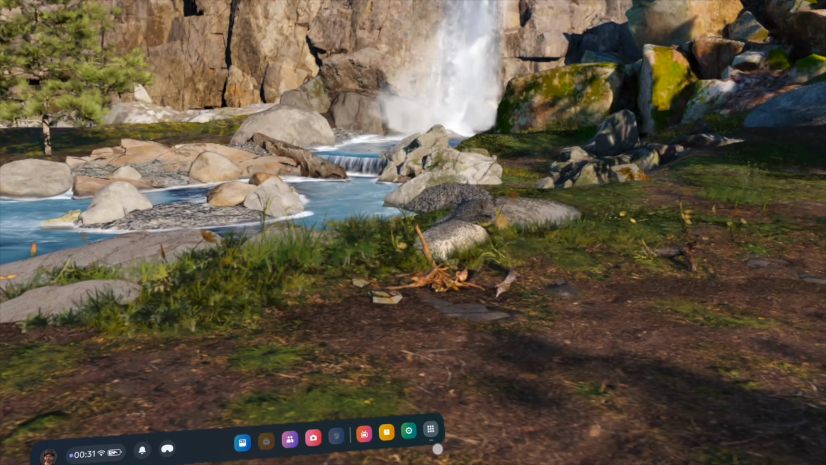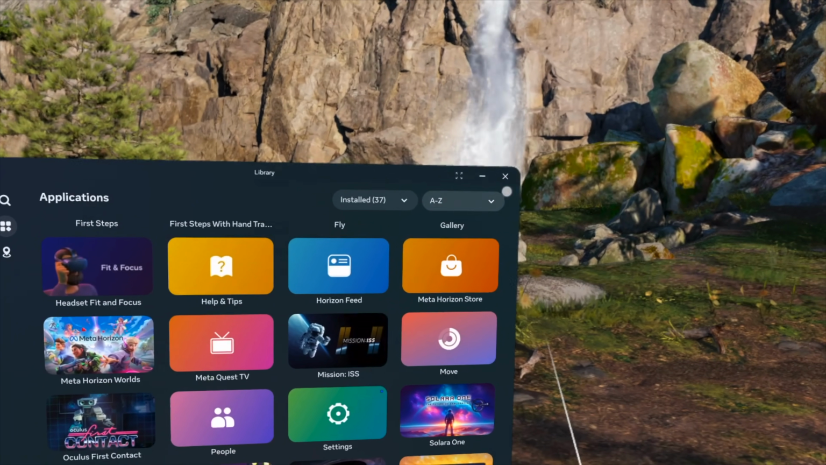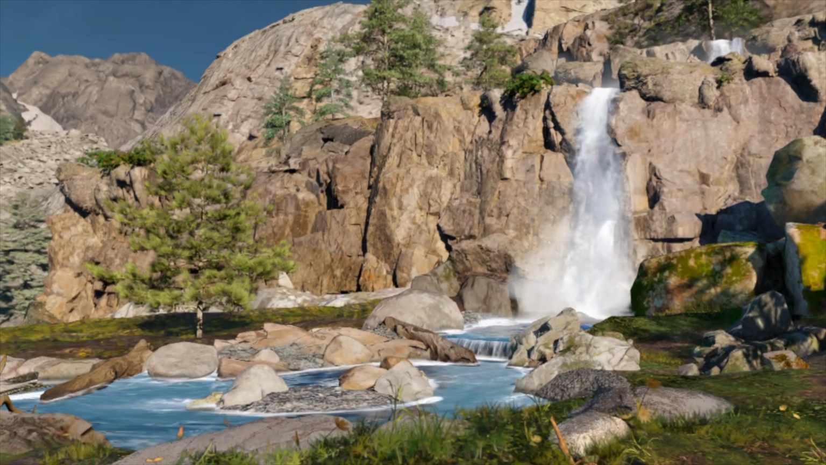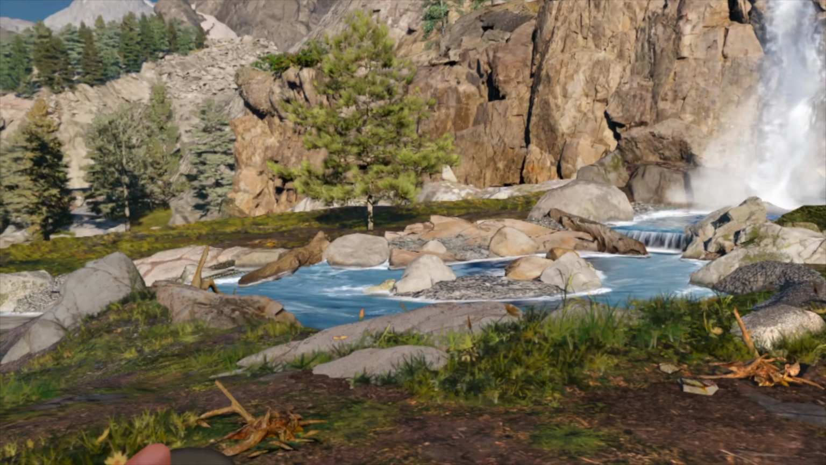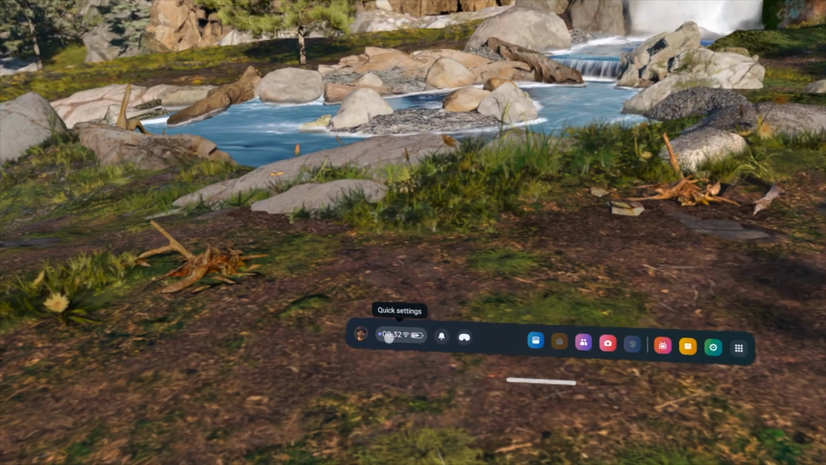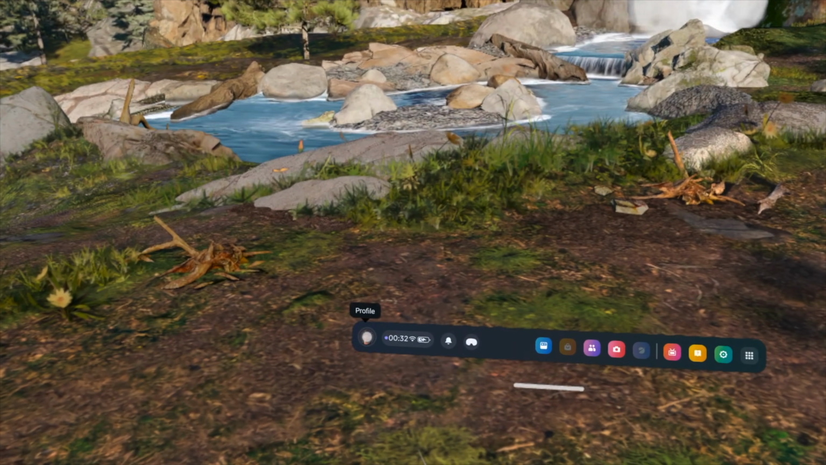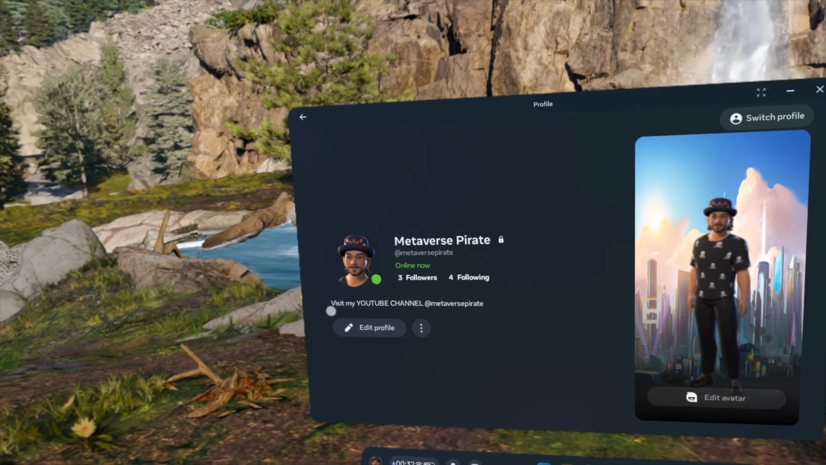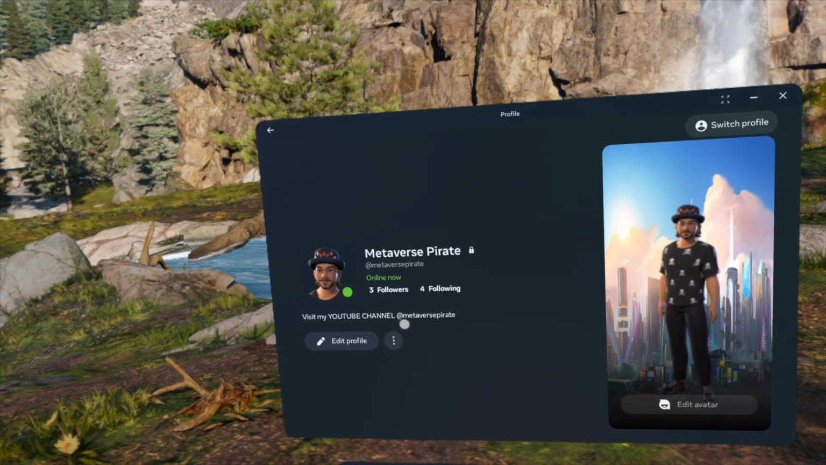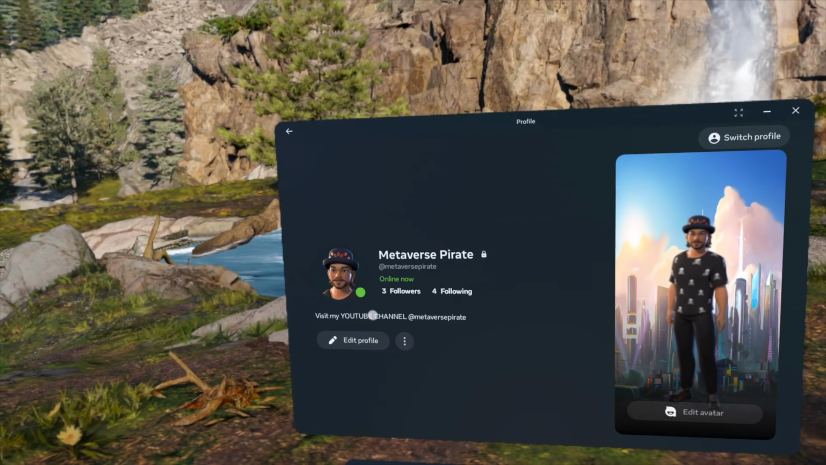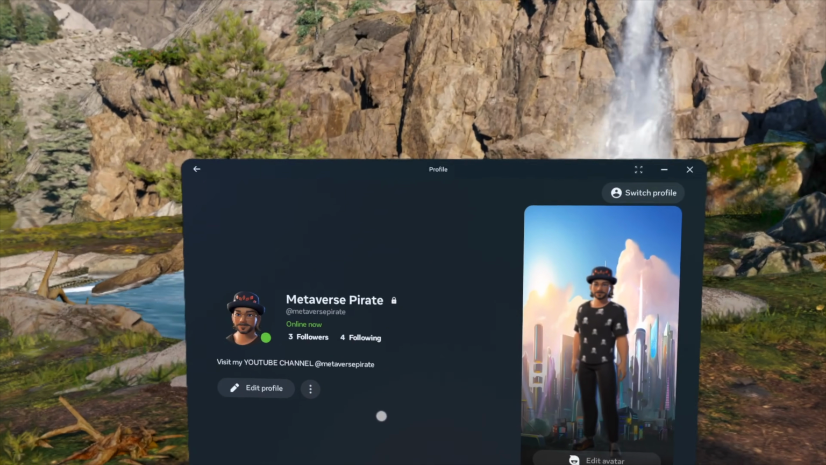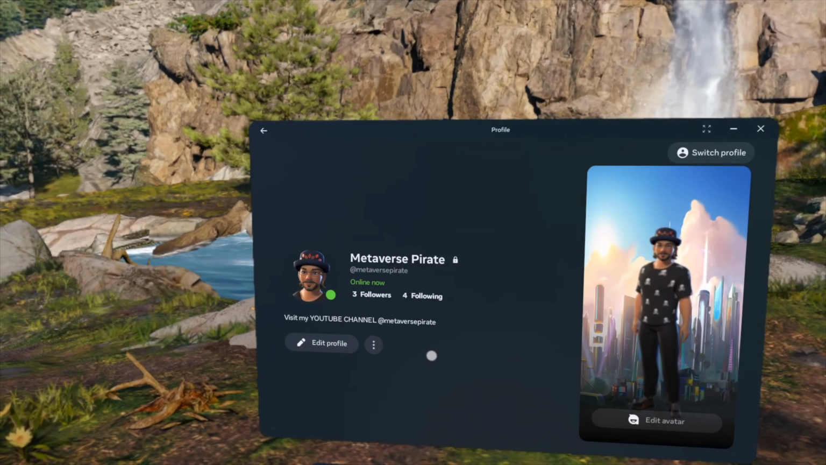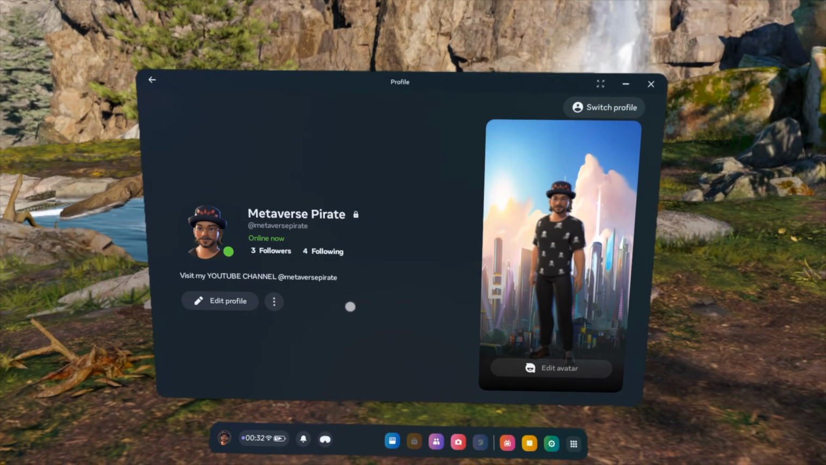So let's go to the library over there. But first, let's do something about the quality, 4K and 8K. So first go to your profile. This is my profile. I'm the Metaverse Pirate. Visit my YouTube channel at Metaverse Pirate. I have 3 followers. I will not show them because it's rather private. I'm following 4 people, so well, I will not show them